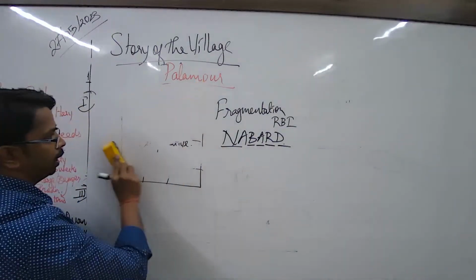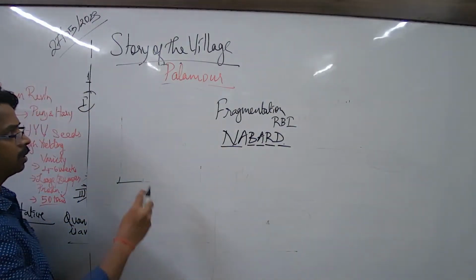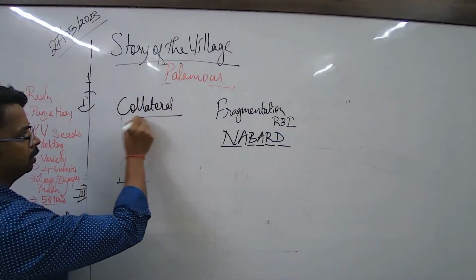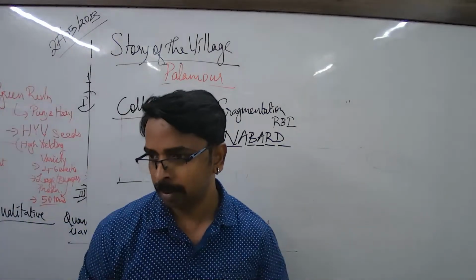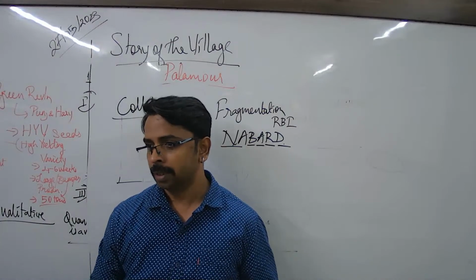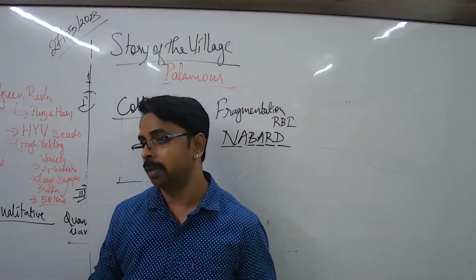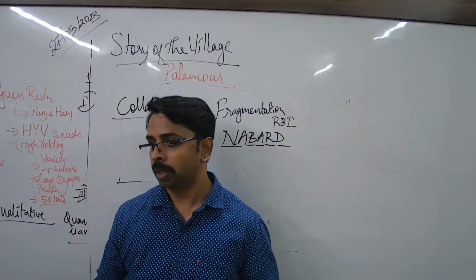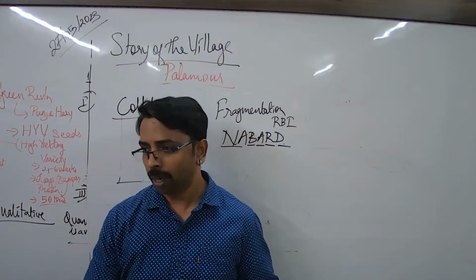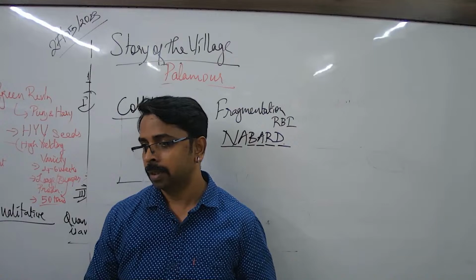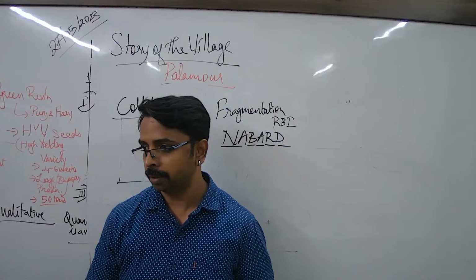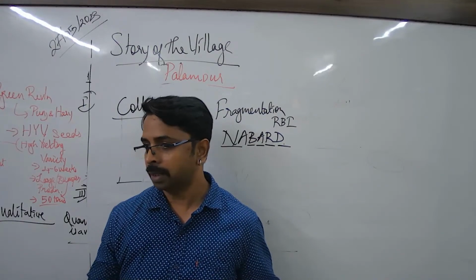Now, in order to explain collateral, you have to understand the loan lending process of the bank. Generally, if you ask for a loan, first documents: your PAN card, Aadhaar card, your source of income, your domicile certificate, where you are working, how long you are working, what is your income, did you file the tax for the last 3 years, where is the ITR? And then they will ask, how much is the loan? And for a poor farmer, nothing.